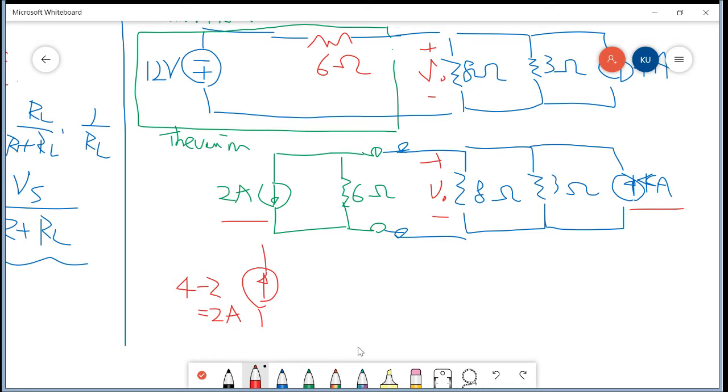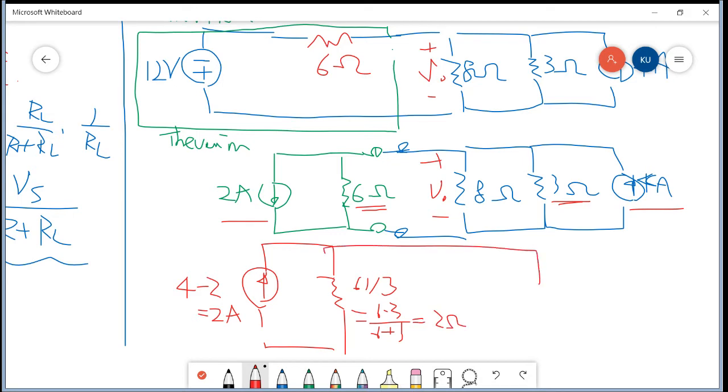So we have 2A, and then this 6 ohm resistor, this 3 ohm resistor, so we have parallel resistors. So this is actually 6 parallel 3, which is 6 times 3 over 6 plus 3. So 18 over 9, which is 2 ohm,